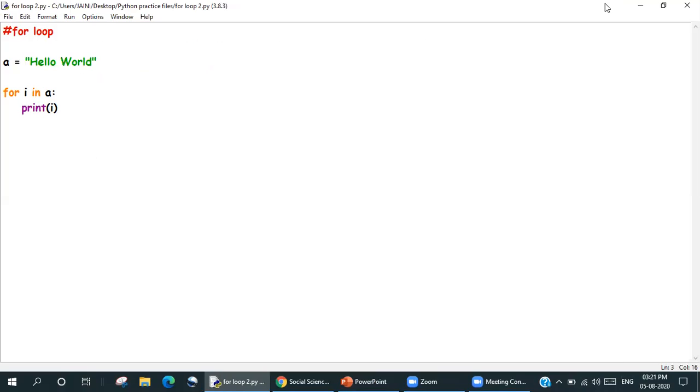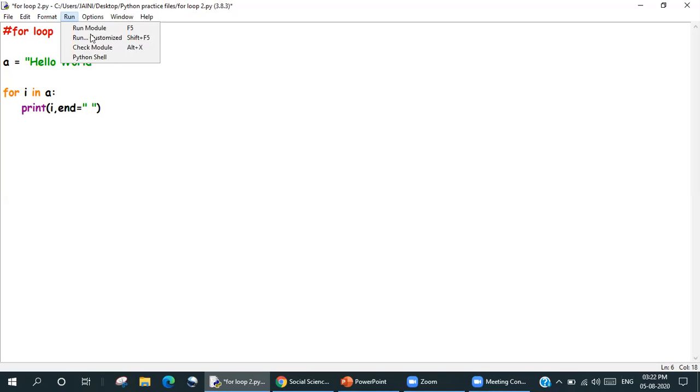Now, let's say I want the word hello in one line and world in another line using the for statement. So basically, when it goes inside, it prints here, and then after this, I say end equals to space.